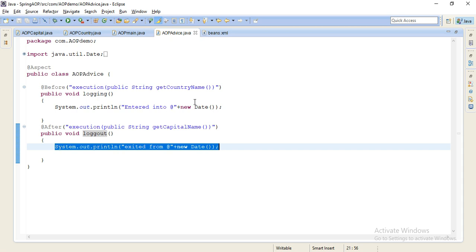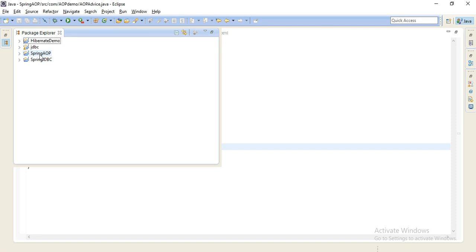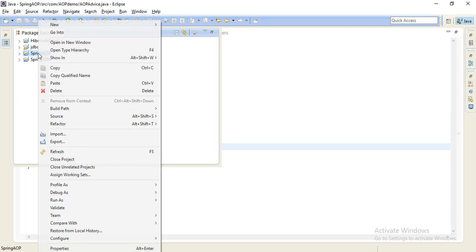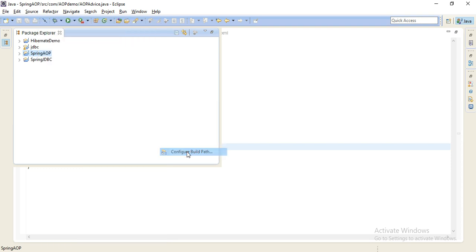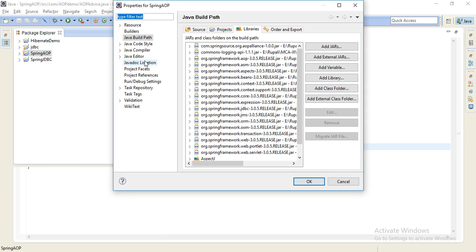In order to handle this aspect, you have to have the jar files, the AspectJ jar files. Just observe, I'll show you which files I have configured here. As usual, right click, build path, and these things you have already implemented in the previous program also.